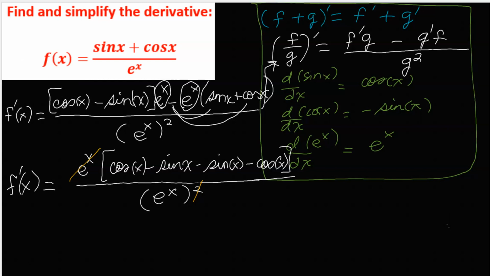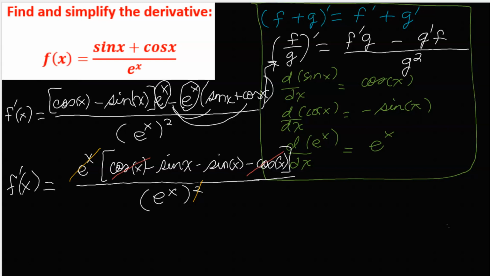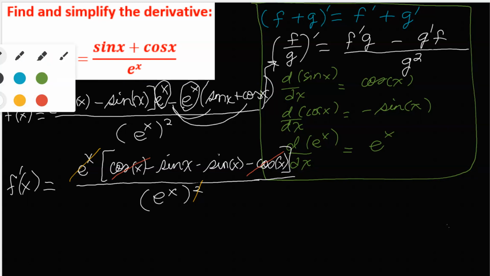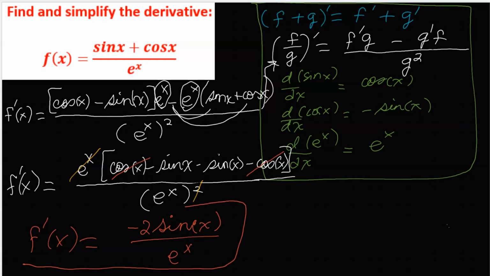When we simplify the inside, we will say, oh look, cosine of x minus cosine of x, that is gone. And then the derivative of f of x is, I have 1 e to the x on the denominator. On the numerator, I have negative 2 sine of x. And that is